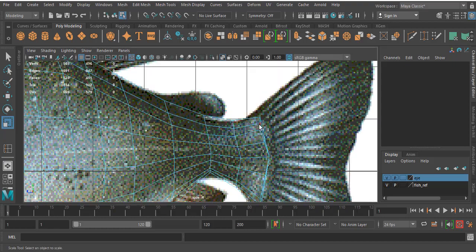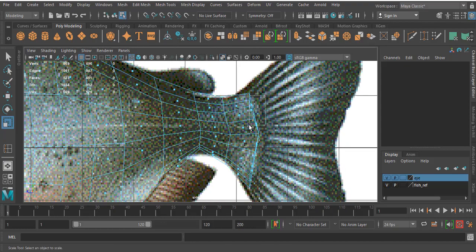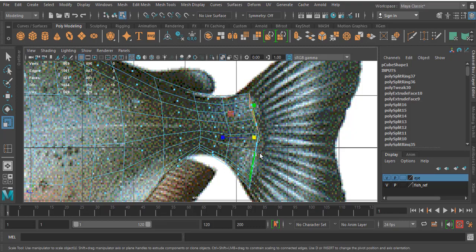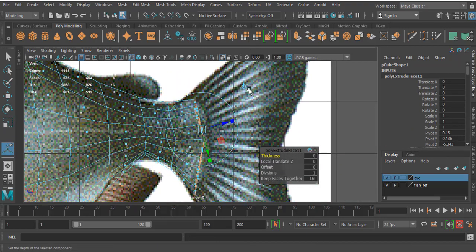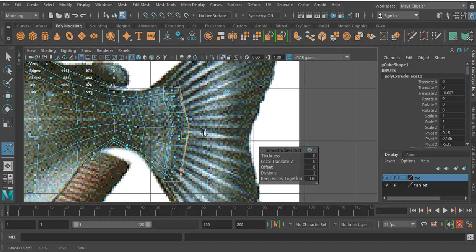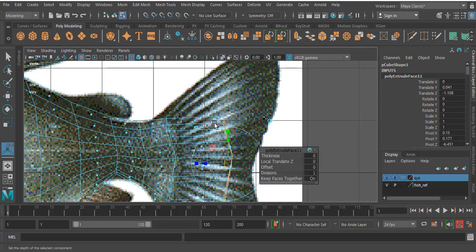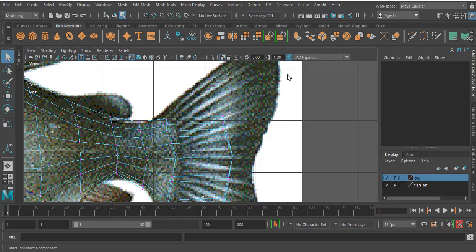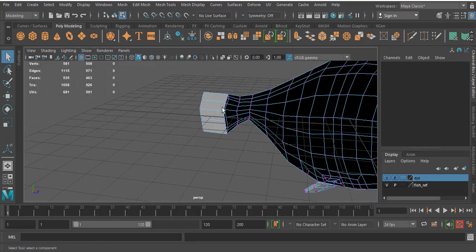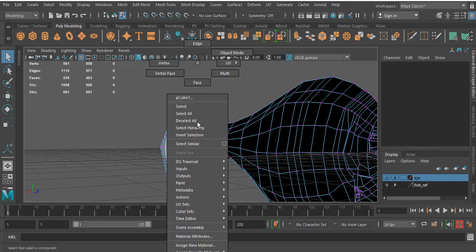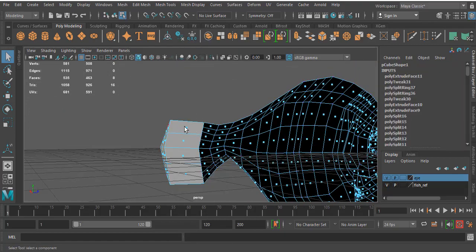What I am going to do is select these places, extrude. Now select this place. If you extrude an area, what you see is that here the faces are created again.